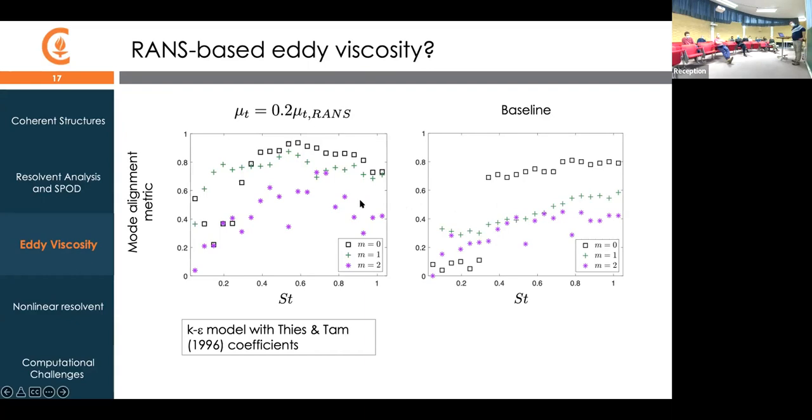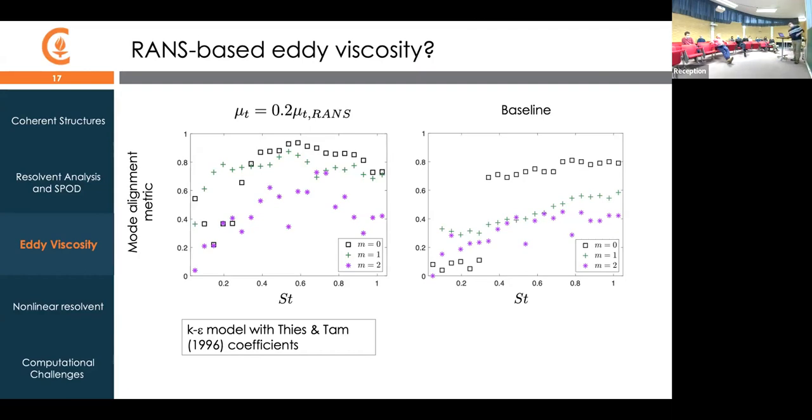But you see here, even with this standard eddy viscosity model, and there's a footnote there, which is that I calibrated this model. You can calibrate this model. So it doesn't take the full eddy viscosity field out of the RANS. It takes the full eddy viscosity field times a constant. The full eddy viscosity field would be the eddy viscosity for the mean flow, right? We're looking at an eddy viscosity for the disturbances. So it stands to reason that it would be less than the full eddy viscosity field. So we allow ourselves one constant here to tune that eddy viscosity field up and down. And the magic number here that turns out to be optimal is 0.2.